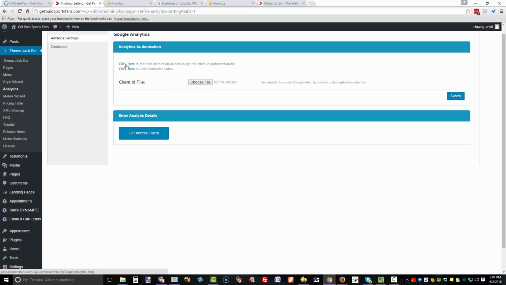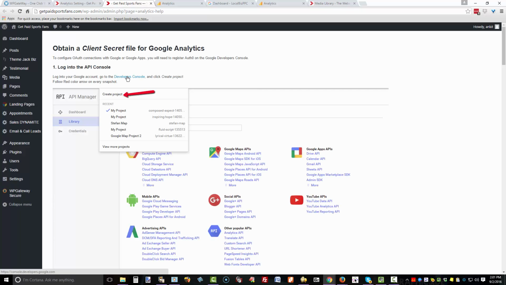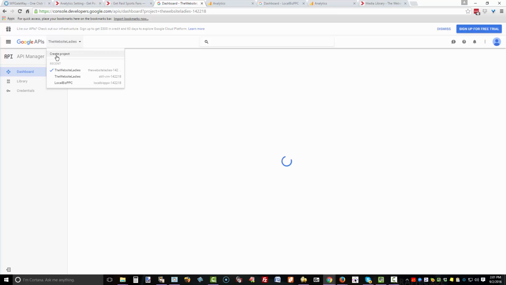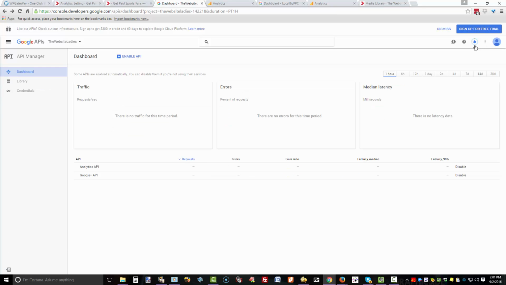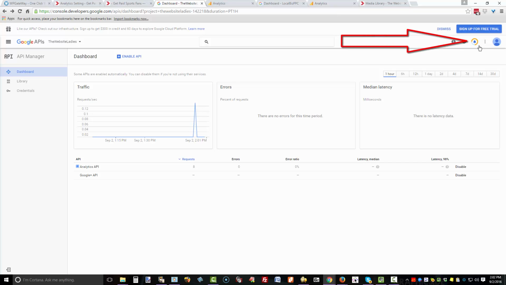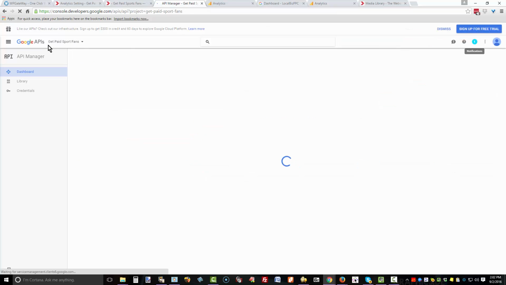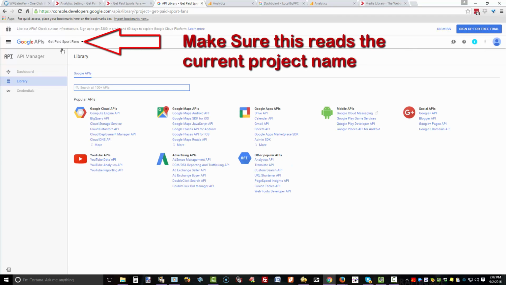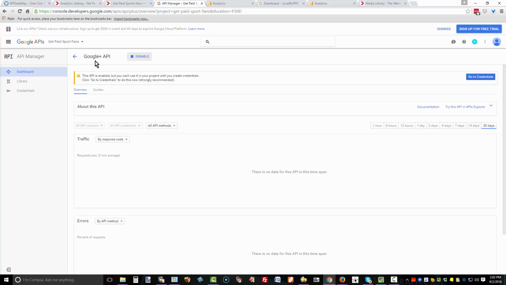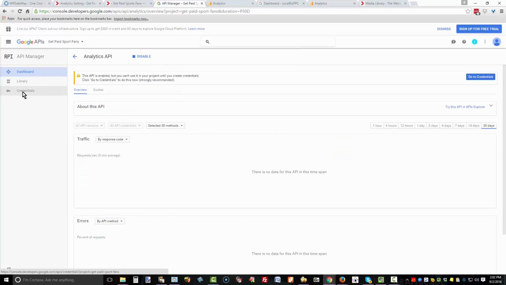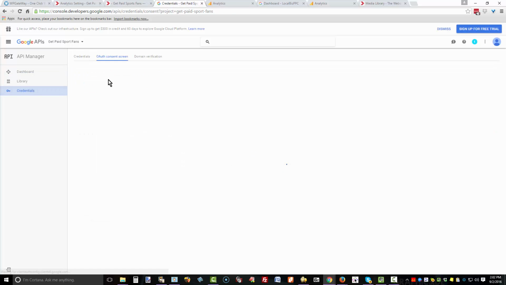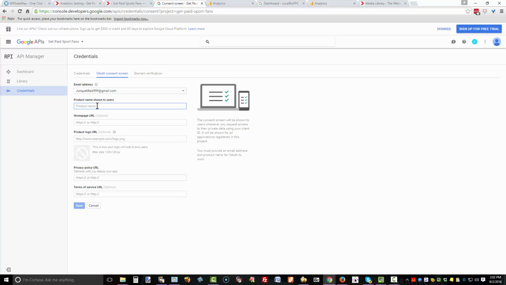Advanced settings. Click here to read the instructions. Developers Console login. Click here, Create Project. Name it so you'll be able to differentiate. You have to wait for this whirligigging to finish. Okay, that's complete. This is now set on the current project. So now you come and click on the Google Plus API, enable, go back, Analytics API, enable, go to Credentials, create, click on the OAuth consent screen, put your web name here, the home page URL,